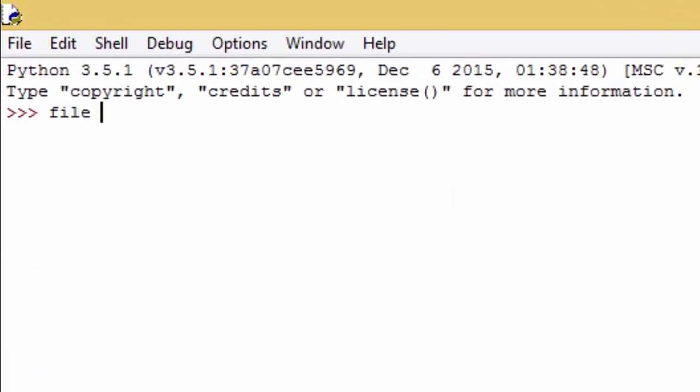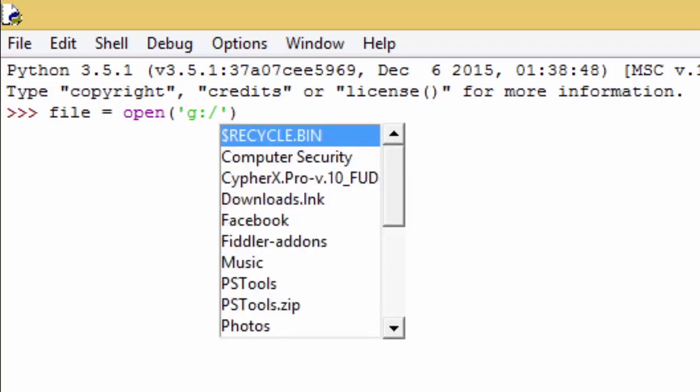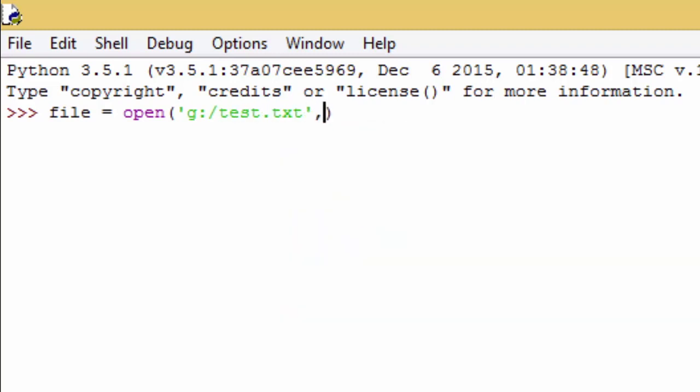So firstly, create a file object. So I'm going to use the open inbuilt function. It takes two parameters. The first one is the path to the file, which is G drive for my case, and it's called test.txt. And let's see the read functions first. So I'm going to open it in read mode,